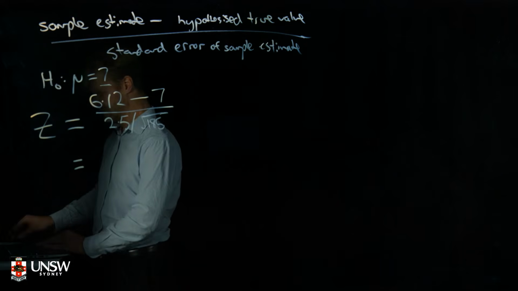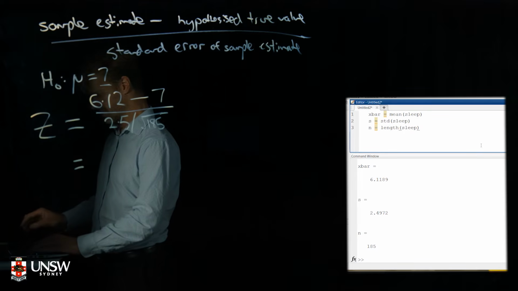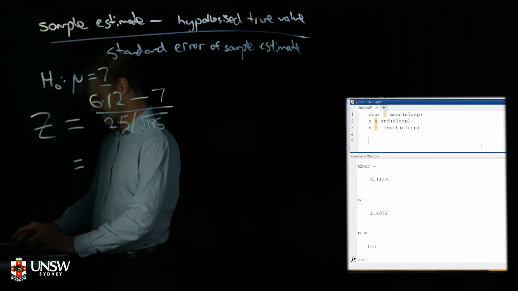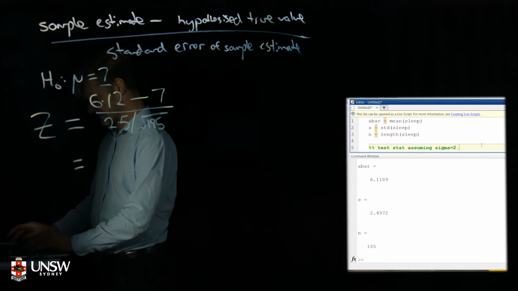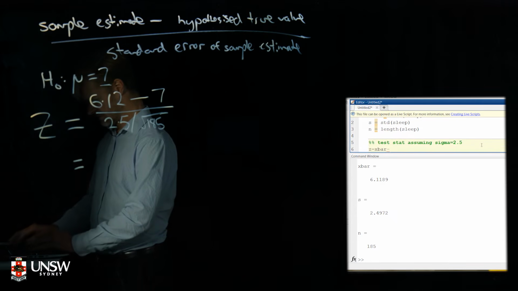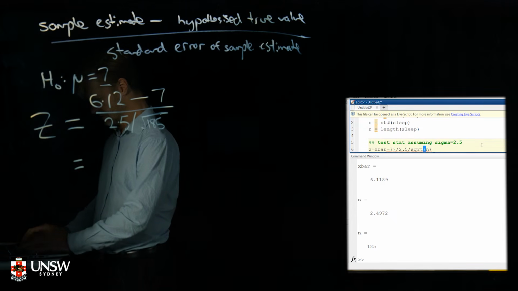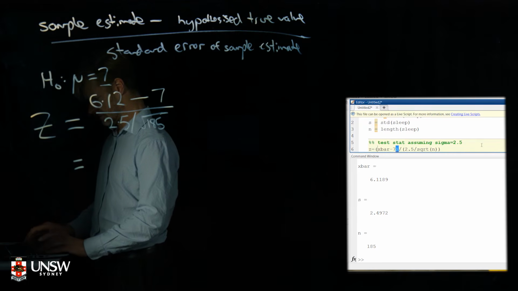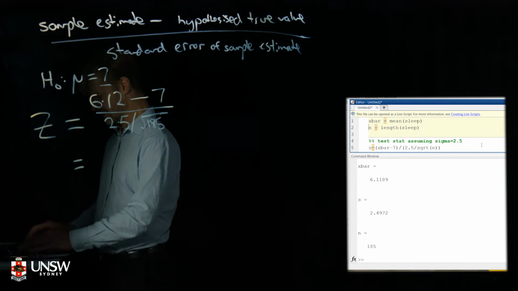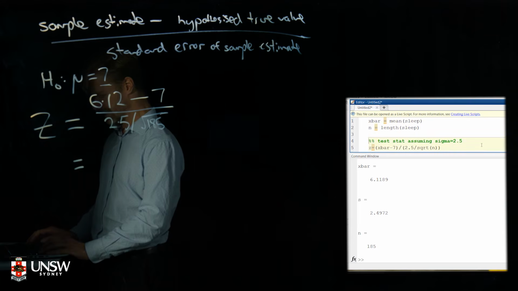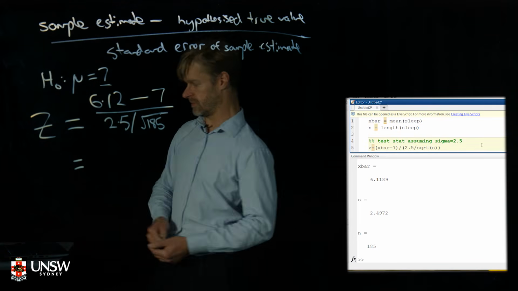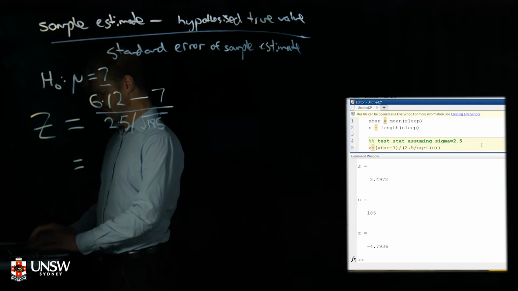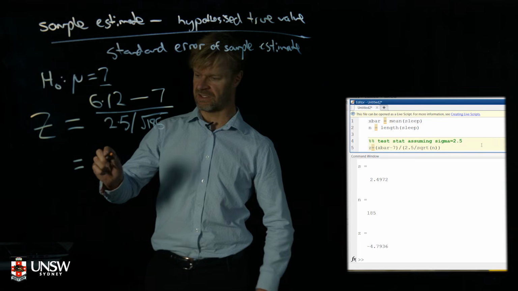I can use MATLAB to find out what that's actually equal to. Alright, so if I already have x bar and I already have n, then I can just go x bar minus 7 over 2.5 on the square root of n, and that gives me a value of negative